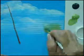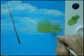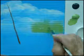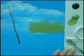This is going to be the foundation on which we're going to build a forest of fir trees. Now, I don't want everything all the same size in height. I'm stroking upward because we don't want our trees to look like they've just been trimmed. So we want a nice uneven background on which we can build our tree trunks. There's no reason in the world why we have to thin the paint, so I'm going to clean my brush simply by wiping it off,